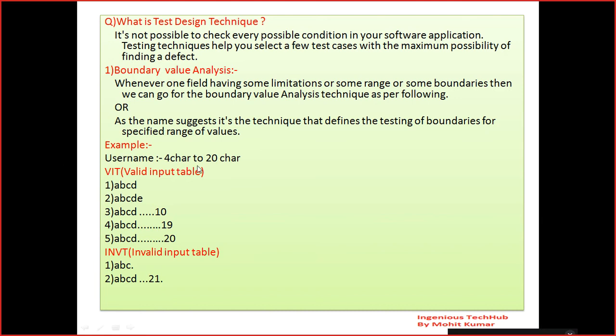The same thing, as per the requirement, you have to test. Everything will be mentioned in your specification requirement document or functional requirement document or business requirement document, whatever document you get. This is the customer requirement. So it will accept 4 to 20 characters. If you exceed this, then it will be invalid. You can see I am going to pass 3 characters, so it will show the error message, right? I will exceed this to 21, again it will show the error message.